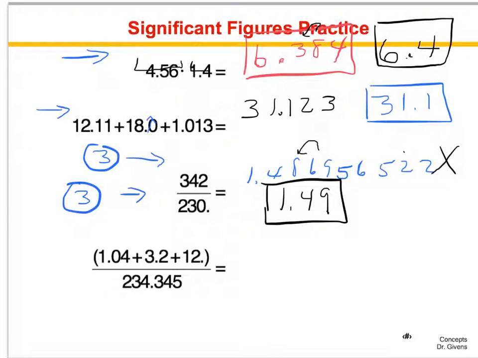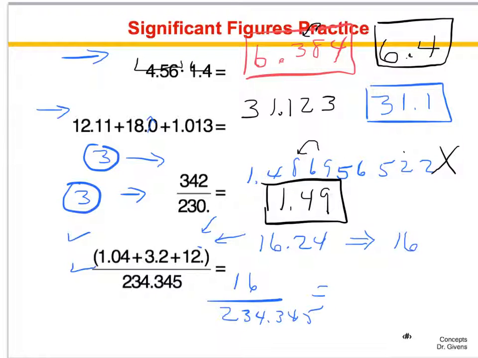Now we come to the most difficult one in the whole set. It has addition on top and division on bottom. So follow our rules and solve the addition first. I add 1.04 plus 3.2 plus 12, and I get for the numerator 16.24. But I follow the rule of addition. This number has no decimal places, so that means that I have to put the top answer as 16. Then I take 16 divided by